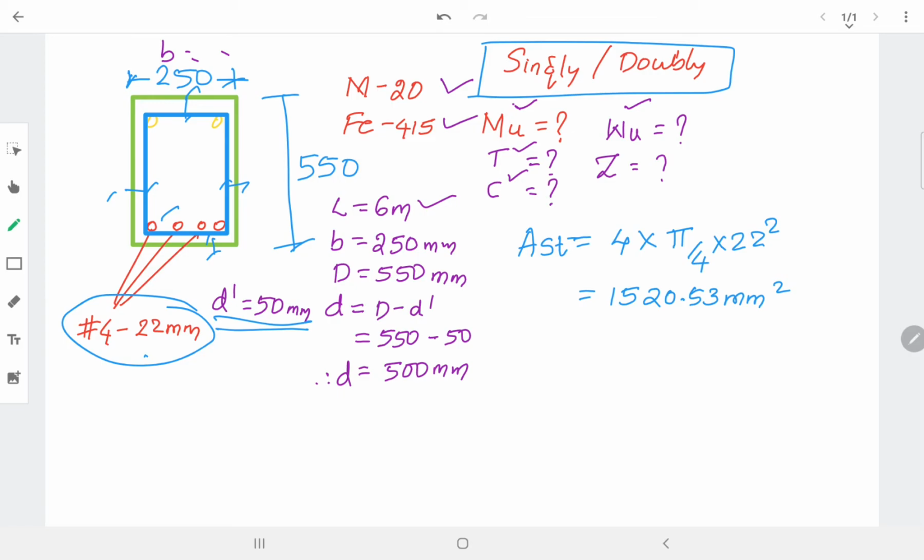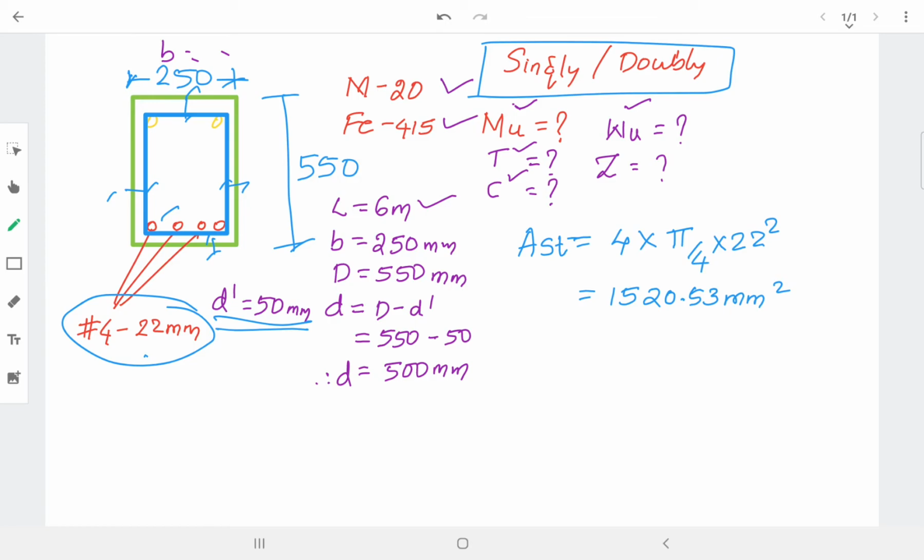Okay, this is the total area of the reinforcement which is provided. Now, whatever data I am taking, you can think that it is from any building, either residential or commercial, whatever it may be. So this existing beam has a width of 250 mm and a depth of 550 mm,